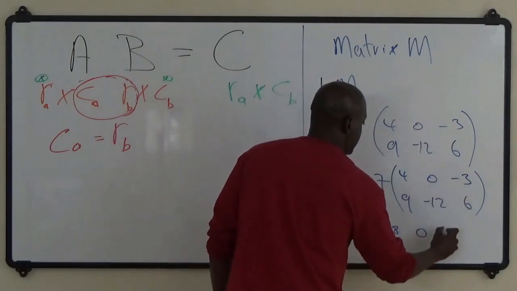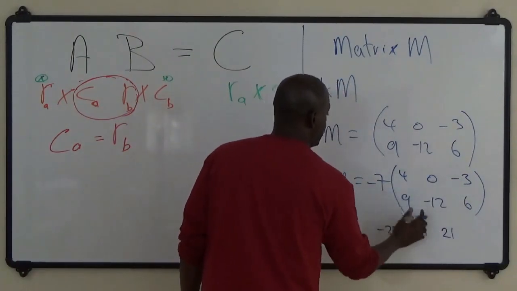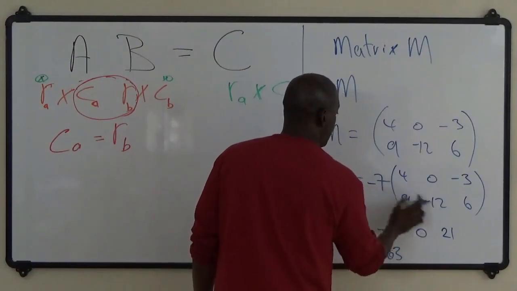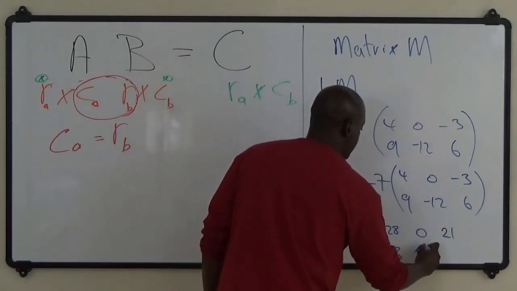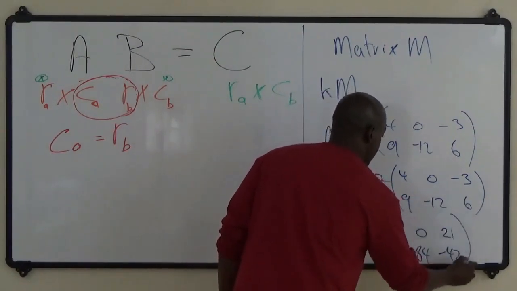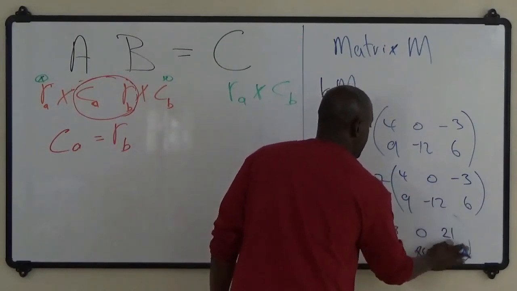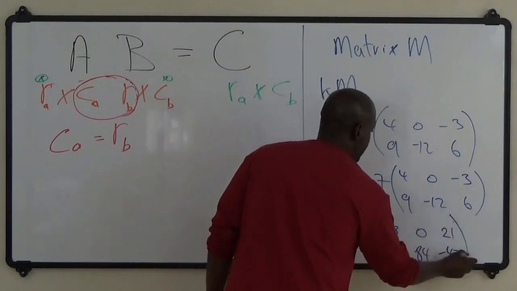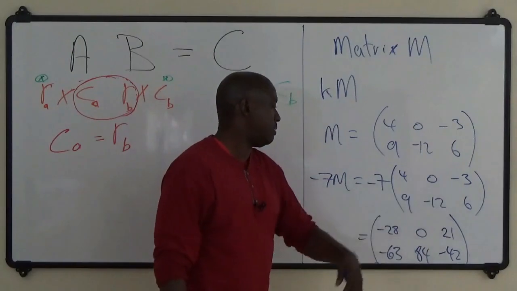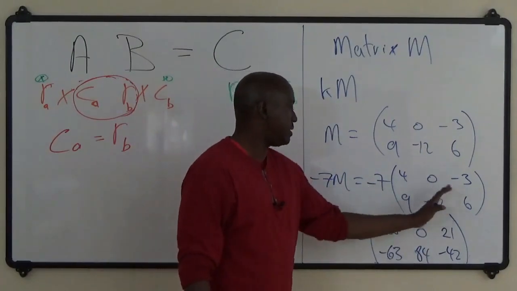Minus 7 by minus 3 is plus 21. Minus 7 by 9 is minus 63. Minus 7 by minus 12 is plus 84. Minus 7 by 6 is minus 42. All right? So